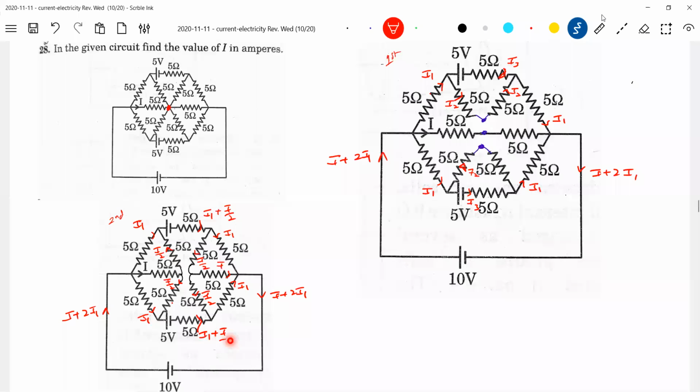For anybody, this difficulty will arise and we have to justify which is right, which is wrong. Both are right, both are wrong, or one is right, one is wrong. Look at this branch. This particular branch node is directly connected to the cell. Directly connected to the cell. See, it is all techniques.